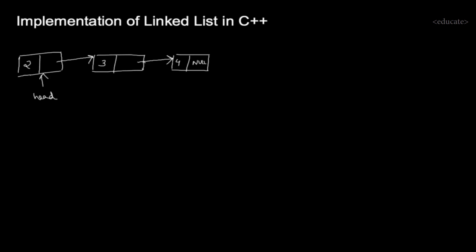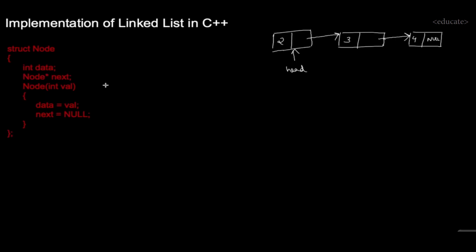of our linked list. So before seeing the implementation, I would suggest that you pause the video and try to write a C++ program that creates a linked list which connects these three nodes. Your program should create three dynamically allocated nodes and it should link these nodes with each other. So let's see the implementation now.